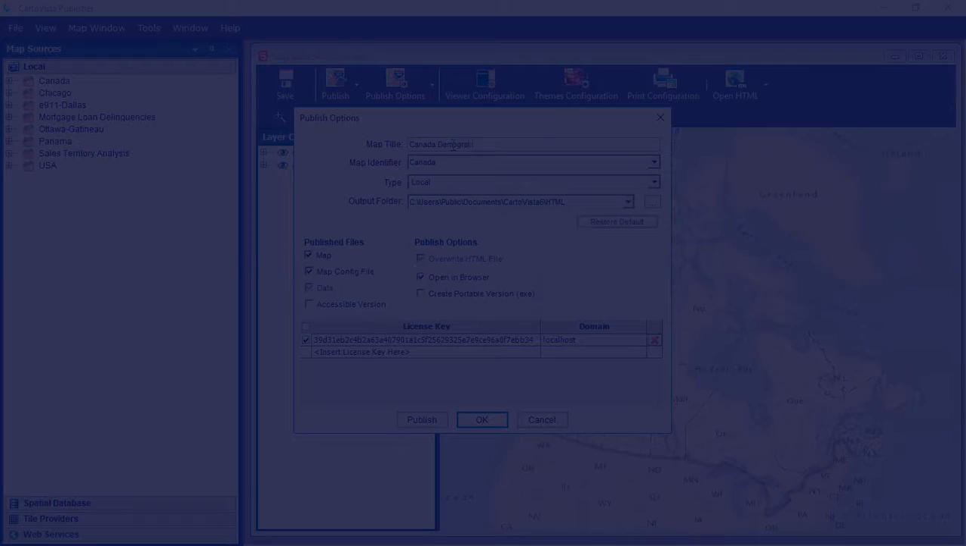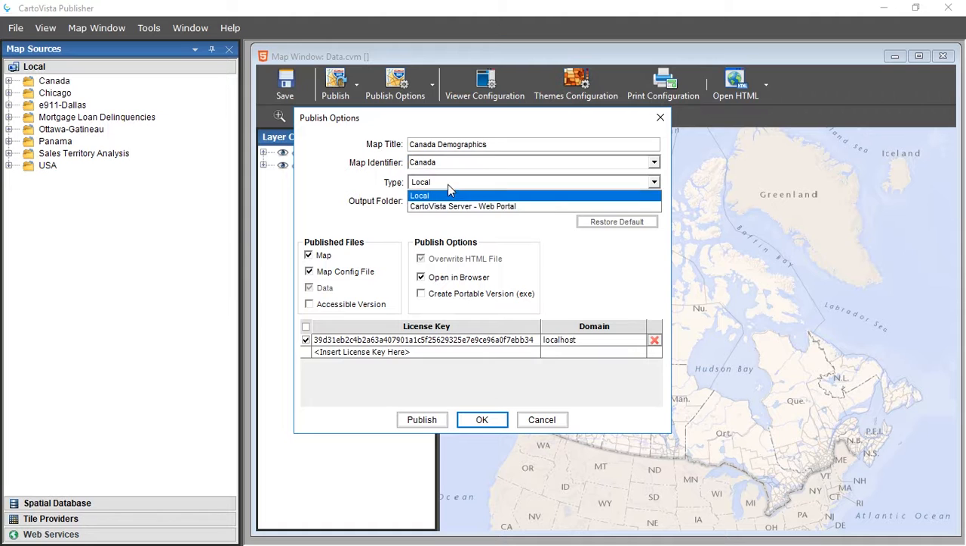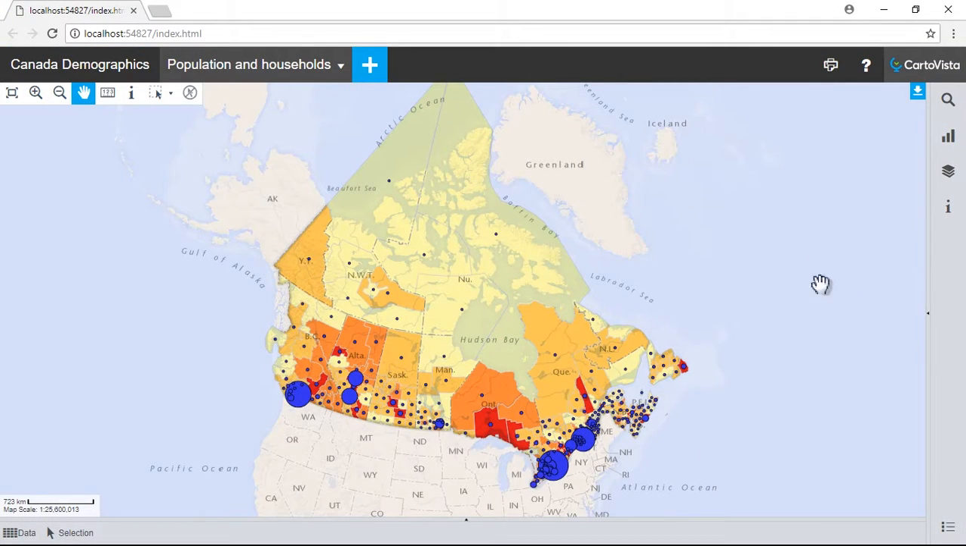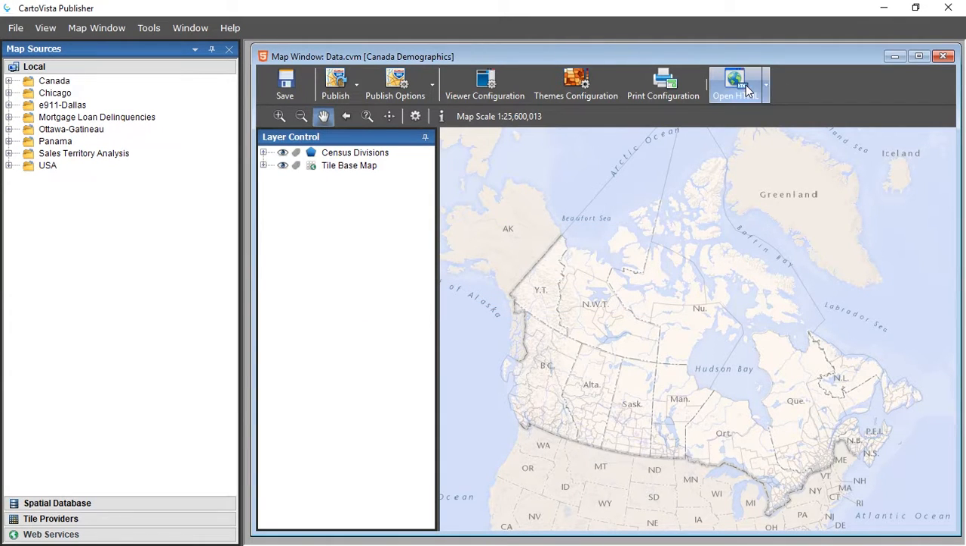By default, all the map files will be published in the following output folder. The output folder contains all the files required to integrate the map to your own web server. Click Publish. Your web browser window opens by loading the CartoVista viewer, and your map is now published. If you need to view the map again after closing the browser, just click the Open HTML button on the